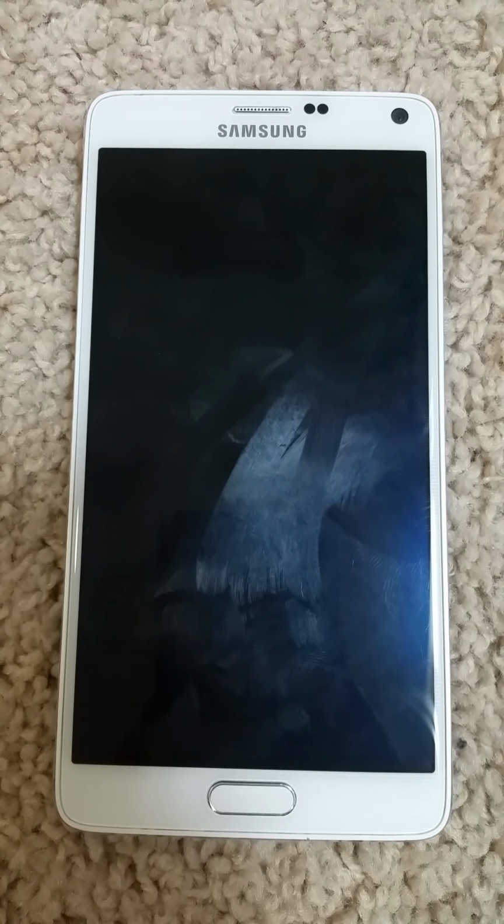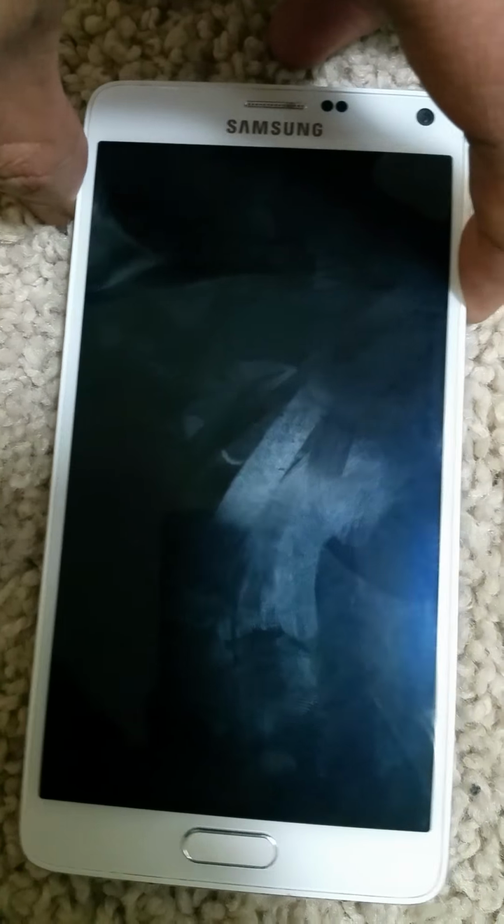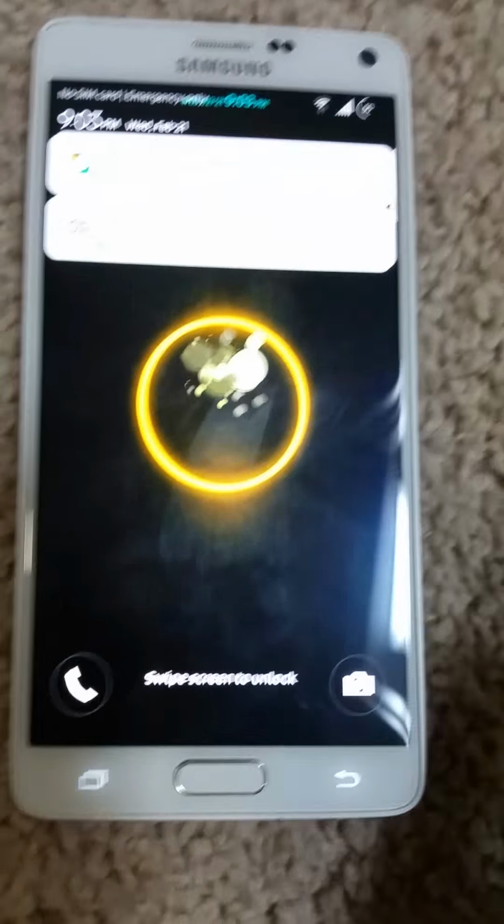But if you already have a backup, you could go back to your backup and reinstall the whole thing and then start over, which makes life very easy rather than going and installing individual files. So if you're using a custom ROM, you might have this option. Let's start here,